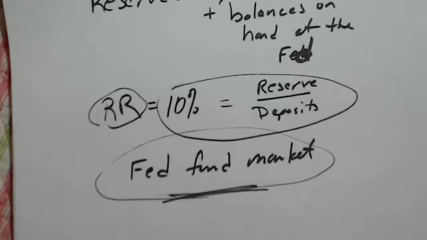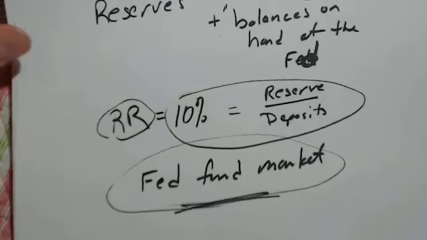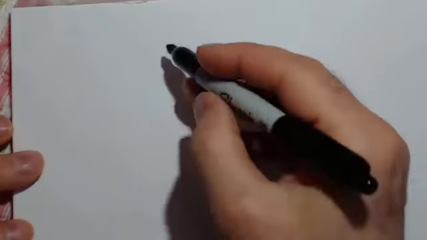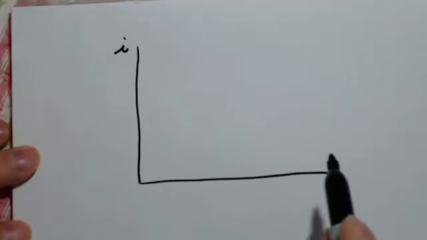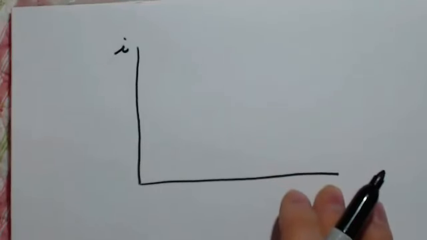Okay, now let's talk about what the Fed is ultimately trying to do, and then we'll go through the mechanics of how it works. Basically, the Fed is trying to manipulate, or manage, interest rates. I've got to be careful here, and you should be careful, that we're talking about managing interest rates, not controlling them. The Fed doesn't actually set the interest rates in the economy. It tries to influence them.